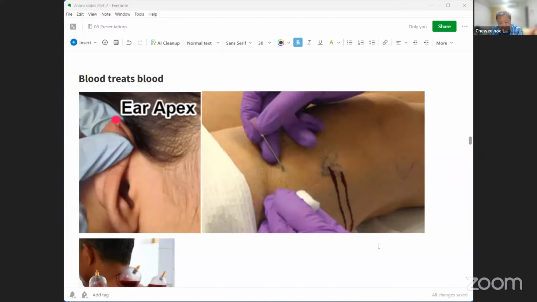Can you imagine all those things that you mentioned, thorns and bamboo and stone, when they put it in the body, do you think there is blood coming out? Yes or no? 2,000 years ago, acupuncture practitioners, do you think blood comes out from the insertion? As far as I'm concerned, yes, 100%.